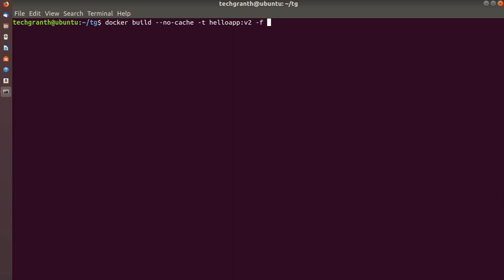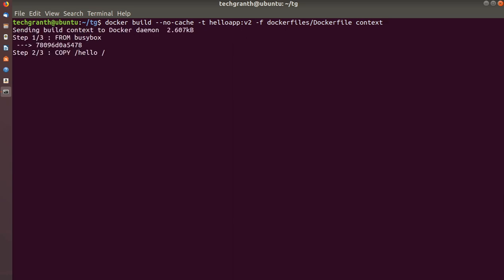And now -f will be used to provide the location of the Dockerfile. So we have the dockerfiles directory, and then the Dockerfile. So the location will be this, and the build context location will be context. We will be using it like this. Press enter.